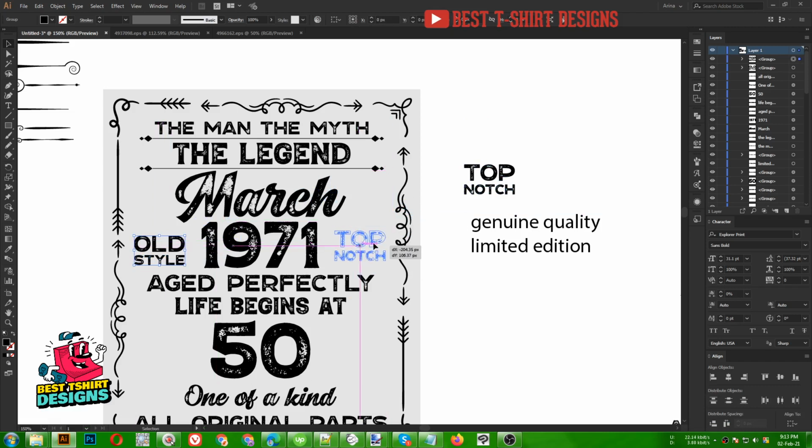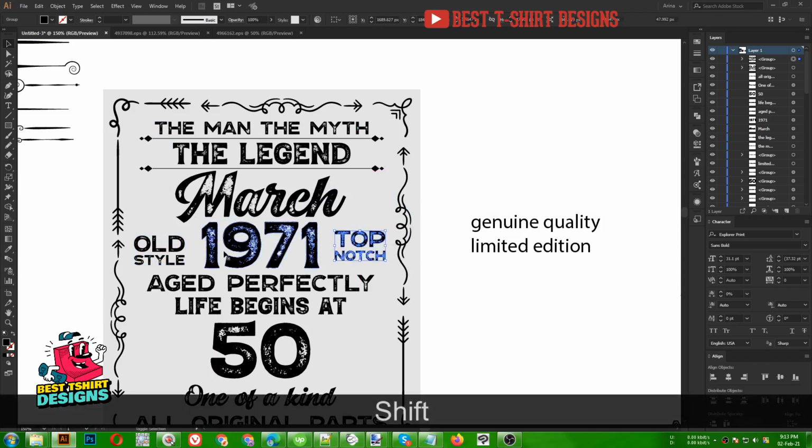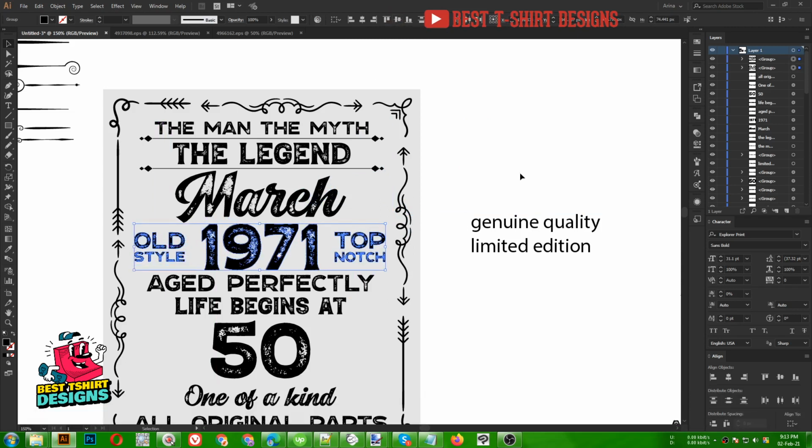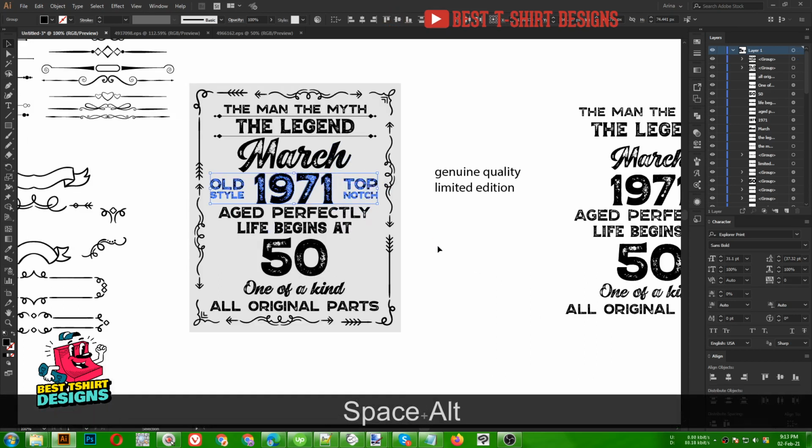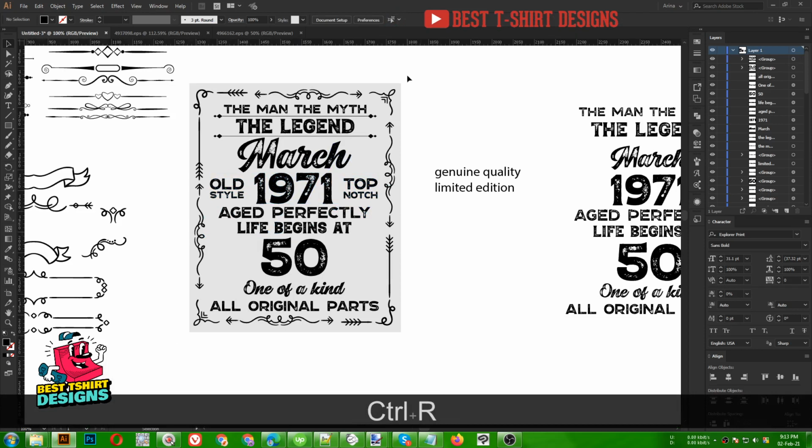Okay, so as you can see, this is a group, this is a group, this is a group. So we can select them all and then align them centered, then we can distribute the space between them. That is fine. Now for this one here I am going to press Ctrl R for my ruler tool, and